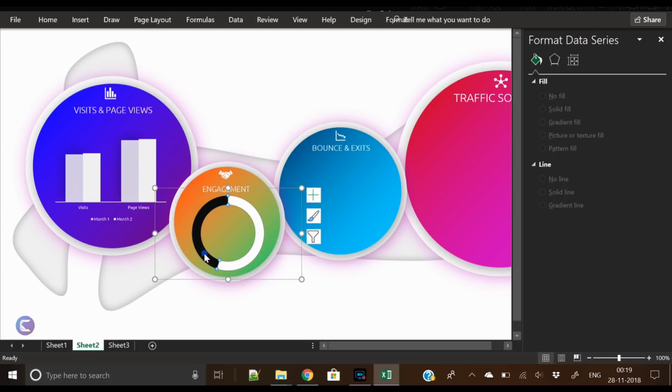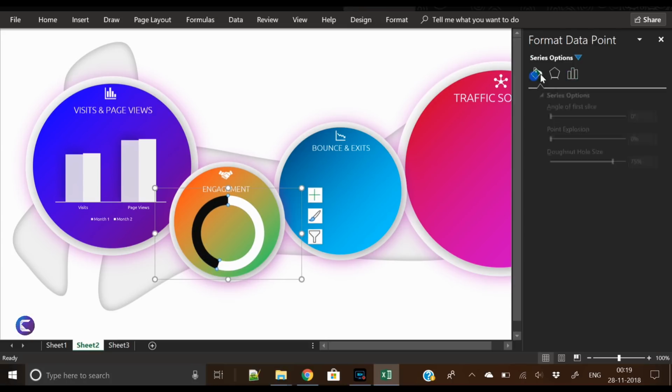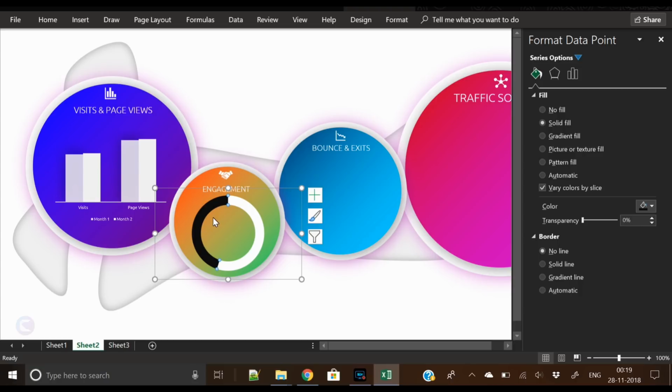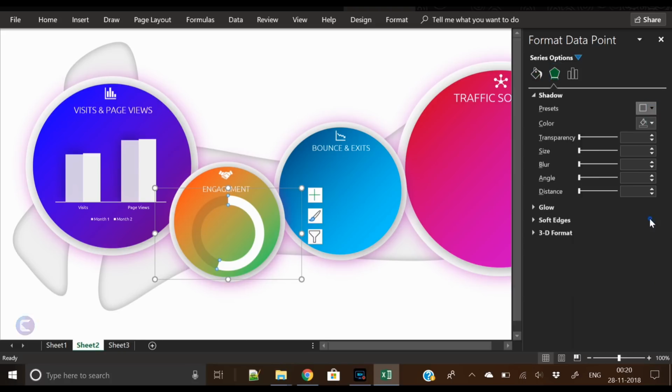Now we will do some finishing on this chart. Let's select this second portion, this black portion of this donut chart, increase the transparency as we want to showcase only this portion of the chart. This white portion represents engagement, so mouse over it and it shows 55% engagement. So we will write 55% here. Before that we have to apply shadow here. Select this portion, apply shadow, increase the blurriness,